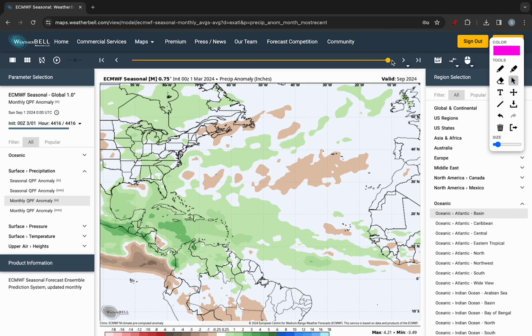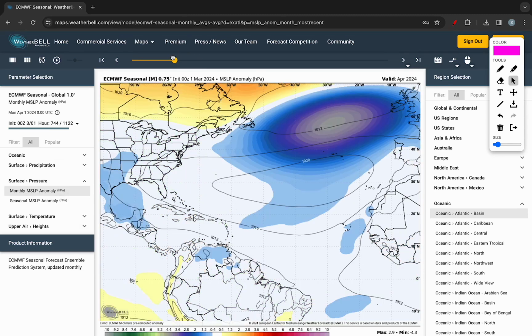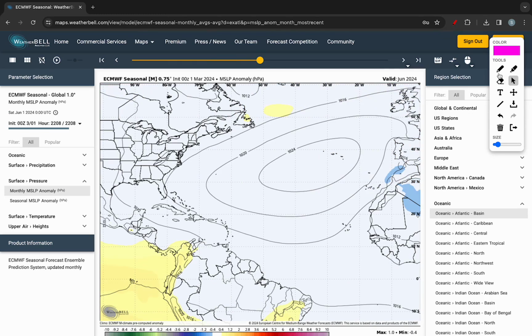So now we're going to go into the high pressure. So we're going to go to monthly anomaly, and we're going to go right to June. So we are going to start off with a pretty strong Bermuda High. Low pressure systems are going to be tracking westward due to a very strong Bermuda High. And that's basically what the strong Bermuda High is going to do, is it's going to stop systems from recurving out into the Atlantic, and it's going to also stop potentially some recurvatures off the East Coast. So obviously, as we get into the hurricane season with the strong Bermuda High, we're going to have more systems going towards land,